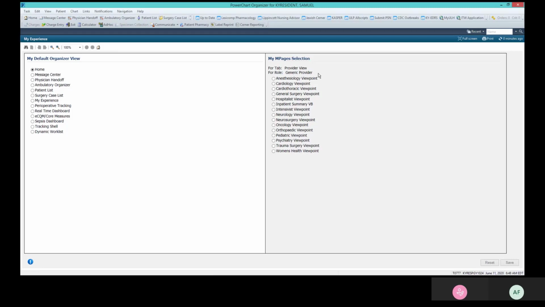So as you change and go on rotations, it's optional to come in here and change your view in My Experience. It doesn't leave out any information if you choose a different view. It just organizes the information in a way that would make more sense for that particular role. And then you would want to click Save if you changed anything. I'm just going to leave it as is and go back to